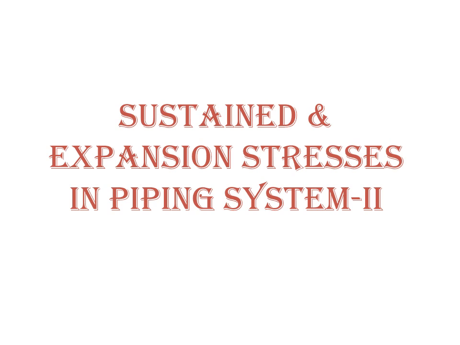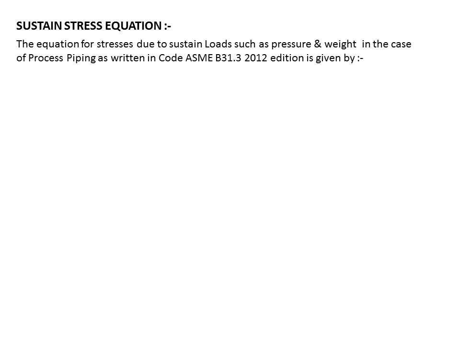piping. Continuing from the recapitulation of the sustain and expansion stresses equation given in ASME code B31.3, to calculate these components, we have the sustained stress equation, given as the equation for stresses due to the sustained load such as pressure and weight in the case of process piping, as written in code ASME B31.3 2012 edition, is given by